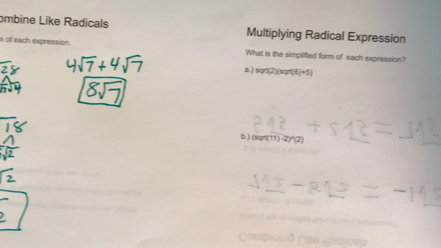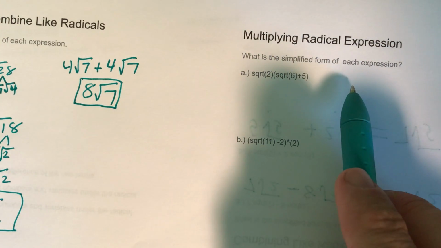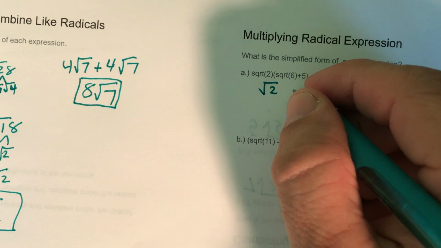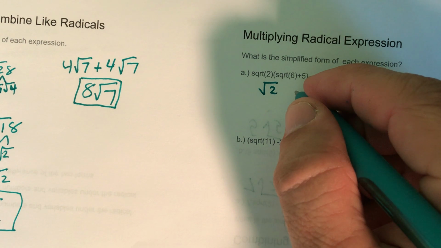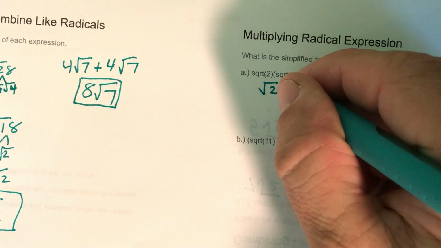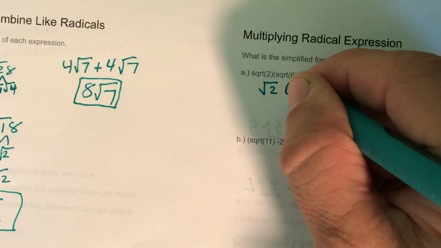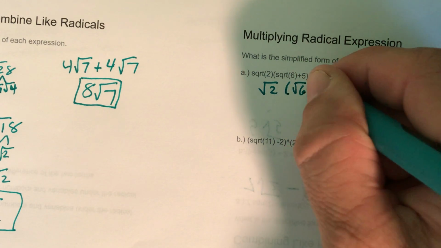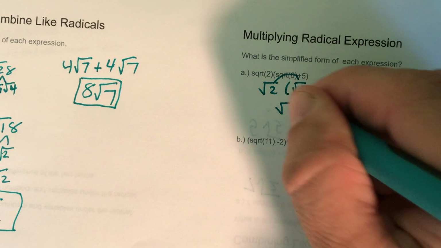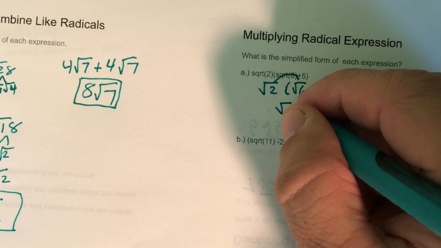Okay. What is the simplest form of each expression? You have the square root of 2 times the square root of 2 plus the square root of 6, and we're multiplying these. So this is all together square root of 6 plus 5. Distribute. So take this times that, so we get square root of 12